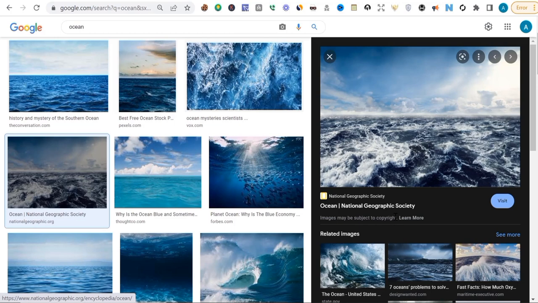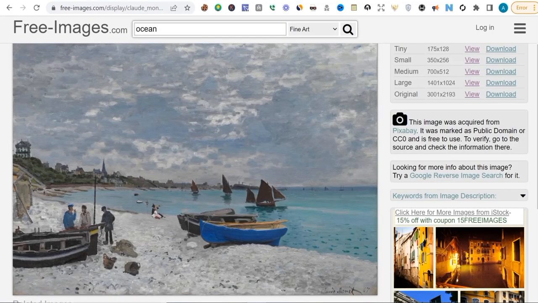These are images that are free. They are public domain images, free of charge. So you can use them, you can enhance them, and start making money with them. It's as simple as that. So where do you get these kinds of images? Like I told you, I'm going to show you where to get these images, where to enhance them, and where to sell them. The first site I want to talk about right now is called freeimages.com.